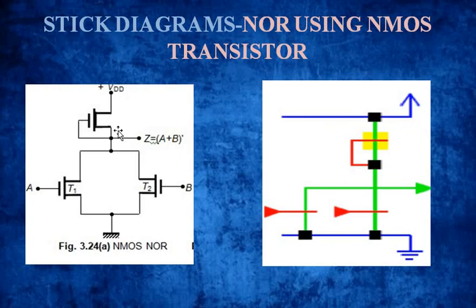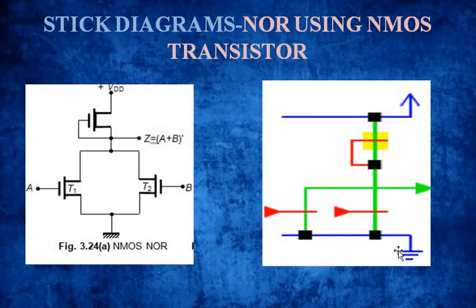So this is the implant. We are using depletion mode. Only NMOS transistors are used, so that's the reason we are going for yellow. And polysilicon for getting the gate terminal. From here you are getting the output. You can draw a blue line here, blue for metal. Then one is A. This is your A transistor. For the gate input you will be using polysilicon, that is red. One more, B. B is the input. You have one more polysilicon here.